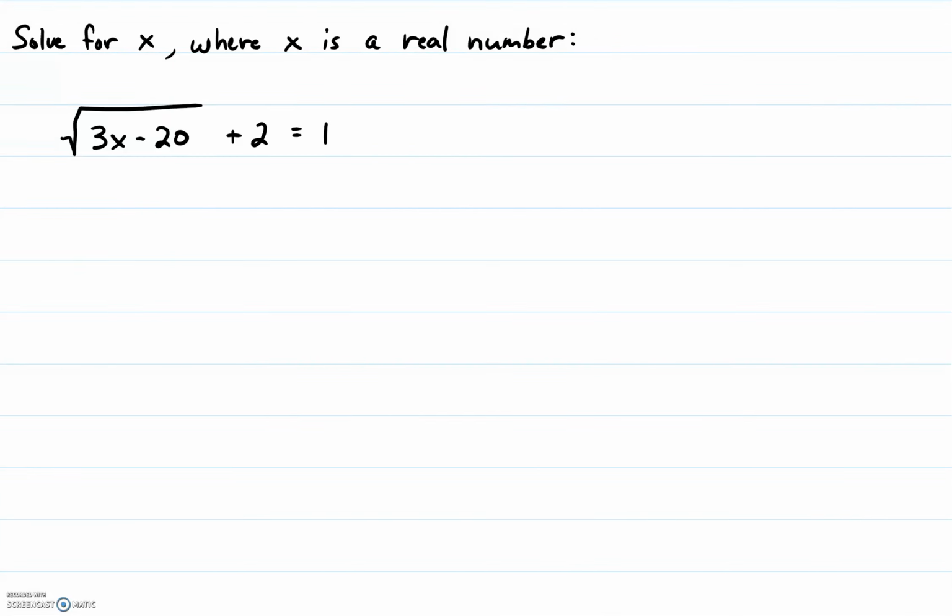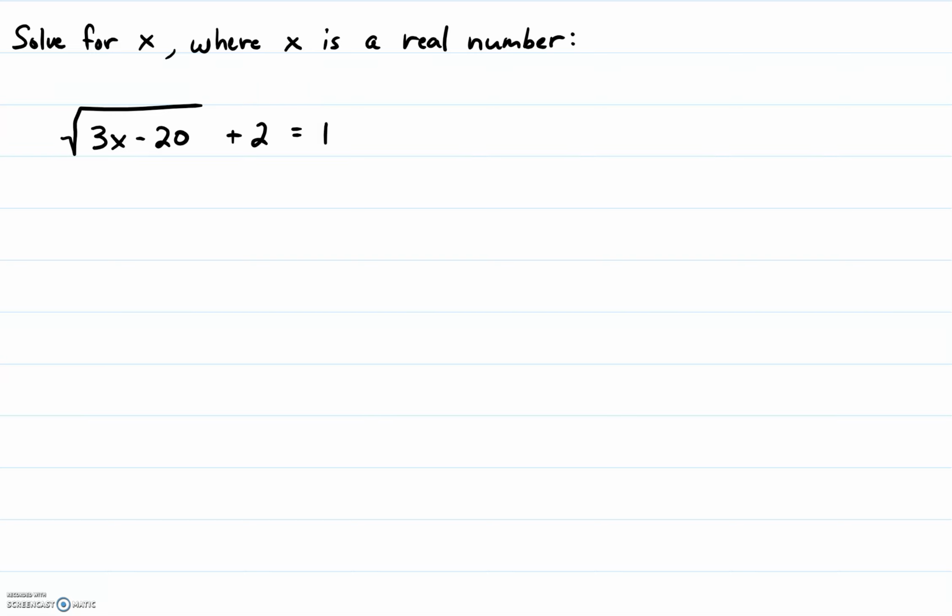In this video, we're going to solve the radical equation, the square root of 3x minus 20 plus 2 is equal to 1. And we only want to solve for values of x where x is a real number, so keep that in mind. So anytime you're solving or working on a radical equation like this, what you want to